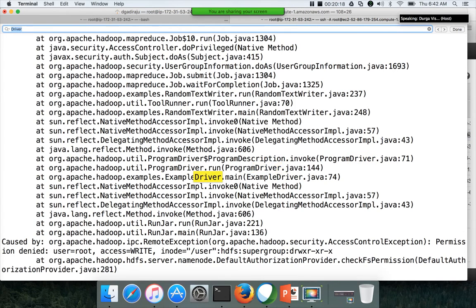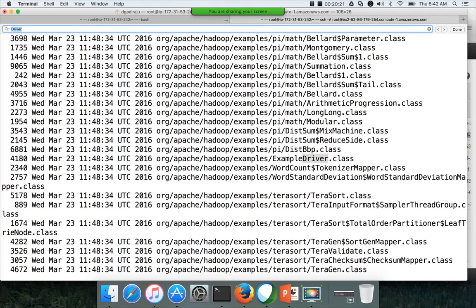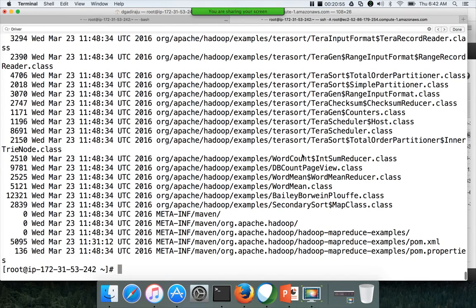Driver. Yeah, this is the one. So this will have the main program, and when you actually build the jars, you can make the jars as runnable jars. If people are from Java background, you will understand this. When you make the runnable jar, when you run the jar file, it will automatically run a program which is configured as runnable as part of that runnable jar. So in this case, this example driver dot class is the class which is configured to be invoked when we run this Hadoop jar